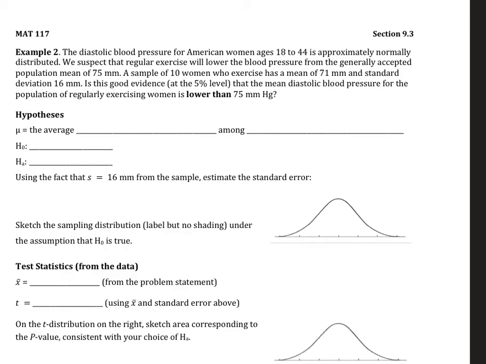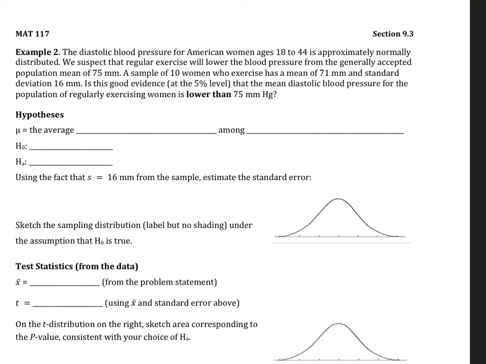Here's a second example of hypothesis testing for means, what we call a t-test. And in this case, we're going to see how we can use the technology. In this example, we're not starting with the raw data like we did in the first one. So in this case, we're going to start with a summary of the data that's collected rather than the raw